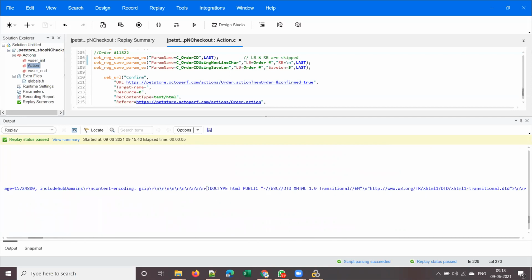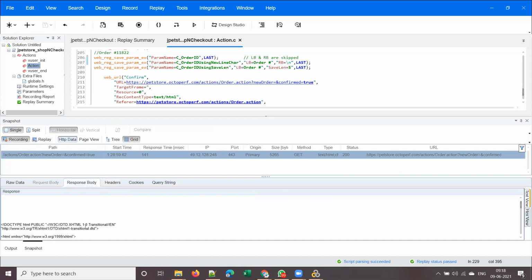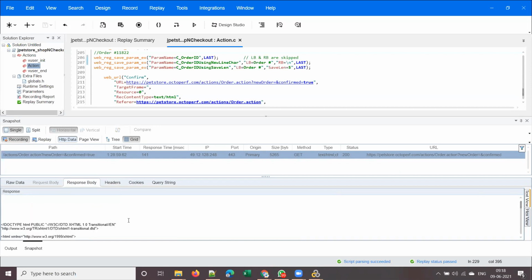Agree with this? Is this the response body, doctype HTML public? Let me show you that. How can we see that response body? This is where we can see, right? See, this is the response body, doctype HTML public, and so on. Yes or no? Guys, understood or no?